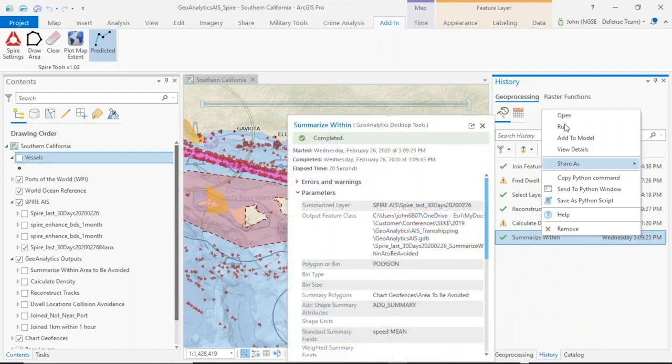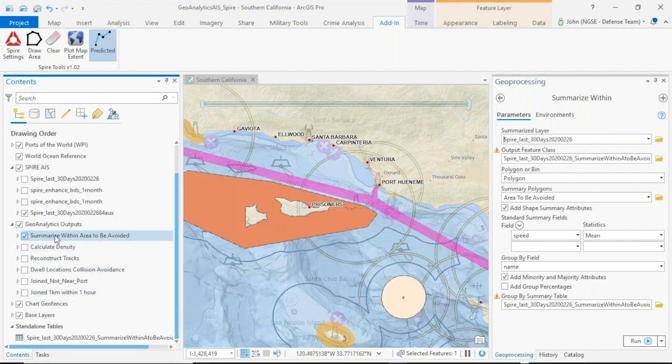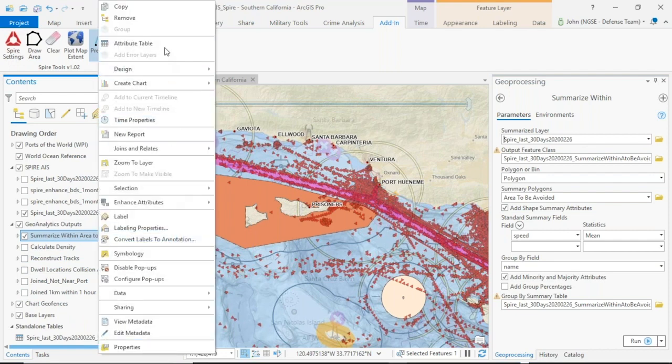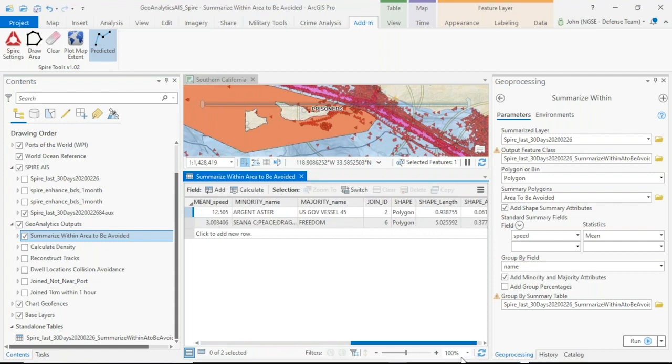So what you would run, for instance, I ran summarize within. So if I want to summarize all the vessels that have gone inside this restricted area here, this is the Channel Islands National Park, you can pick a polygon, speed, and then you can get an understanding about, hey, how many vessels have gone in that area. This is a relatively small use case with only about 1 million records and less than that going in,